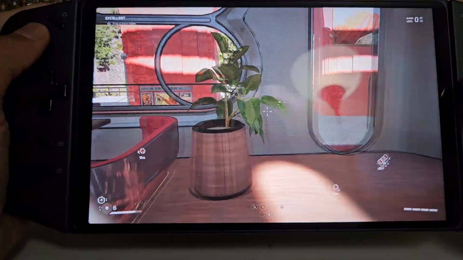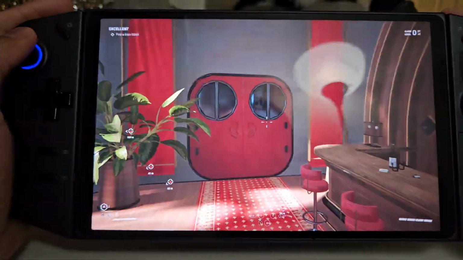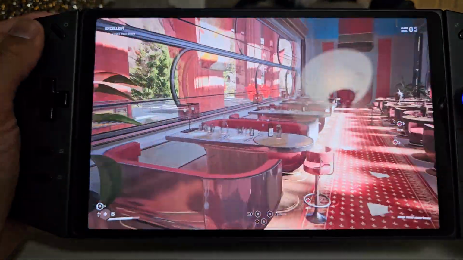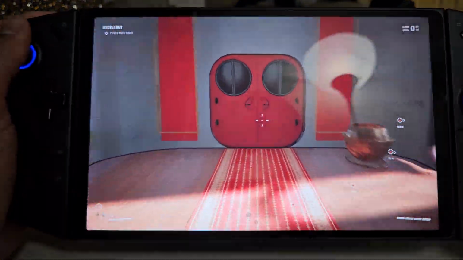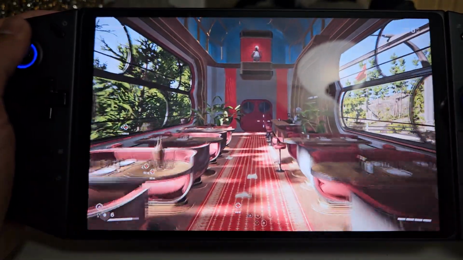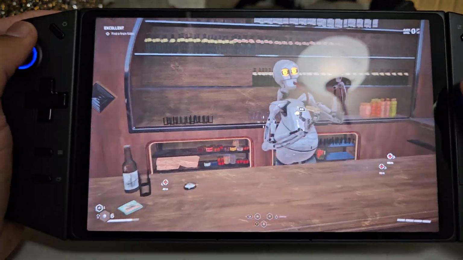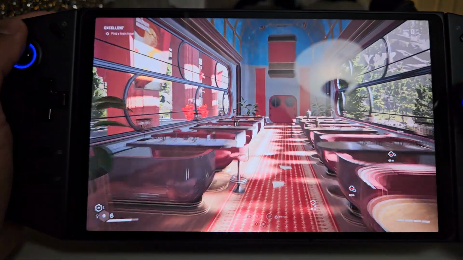I'm sorry, I'm holding it wrong. That's why I'm going all over the place. And can I get out of here? I don't know how to get out of here. This is actually my son's gameplay, so I don't want to mess up where he's at. I think I'm supposed to talk to this guy, but I don't feel like talking to him right now. I don't want to mess up his game. But anyways,